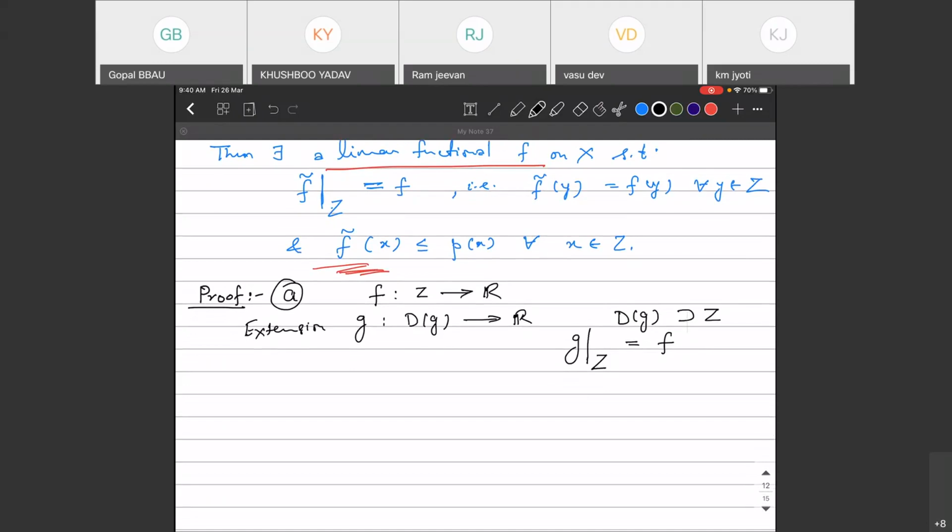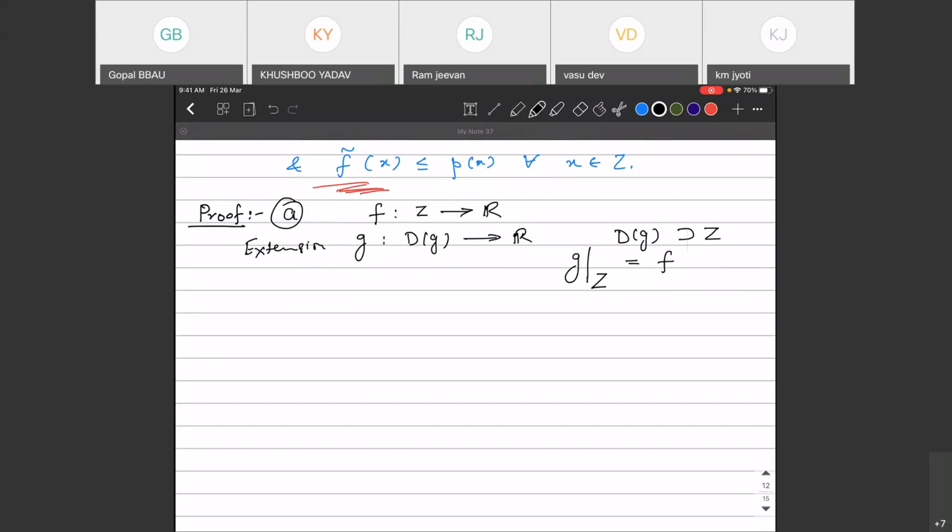So then what we do, we will use John's lemma, हम देखेंगे कि सारे चेन का अपर बाउंड है, ठीक है, और बाय जॉन्स लेमा हमको मिलेगा कि एक मैक्सिमल एलिमेंट होगा, और वो मैक्सिमल एलिमेंट को हम एफ टिल्डा से रिप्रेजेंट करेंगे जो कि लीनियर फंक्शनल होगा, ठीक है। So let's do that, so this is our first part. सेकंड पार्ट में हम देखेंगे कि जो मैक्सिमल एलिमेंट हमें फर्स्ट पार्ट में मिला था, जॉन्स लेमा की मदद से, वो एफ टिल्डा पूरे के पूरे एक्स में डिफाइंड है, वो लीनियर फंक्शनल है ऑन होल एक्स, करेक्ट, ओके। तो आज ये कंप्लीट नहीं हो पाएगा, कहाँ तक कर पाएंगे देखते हैं, ठीक है, ओके।